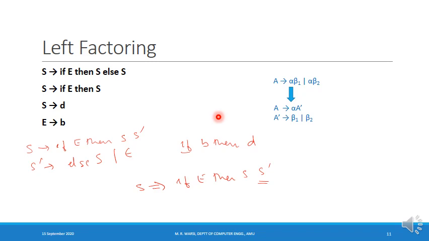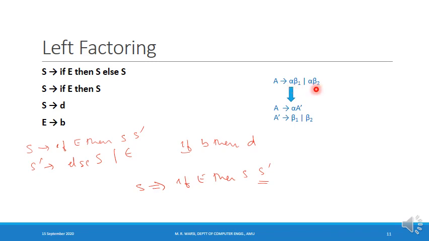If I generalize this discussion, I can say that if the grammar is containing the productions of type capital A derives alpha beta 1 and capital A derives alpha beta 2, since all the strings which are derivable from the first production, they will begin with alpha. All the strings which are derivable from the second production, they will also begin with alpha. So here the same issue will be there. So when I find this string, I will face difficulty in deciding whether to use this production or to use this production.